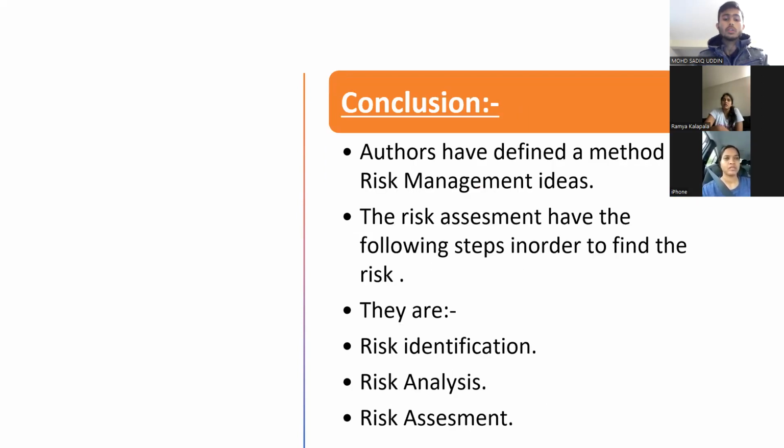Now, finally, coming to the conclusion, in the research paper, the authors have described the method known as risk management. Risk management has the following strategies, such as risk identification, risk analysis, risk assessment. The environment which is being selected contains a base network. A base network gives us the freedom to construct a more difficult and also more impactful network that can be constructed based on the past process, past data, and also opinions from the seniors, and also the methods.